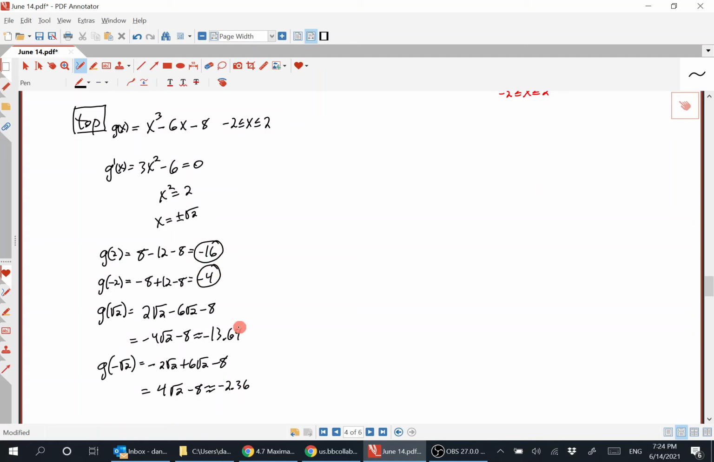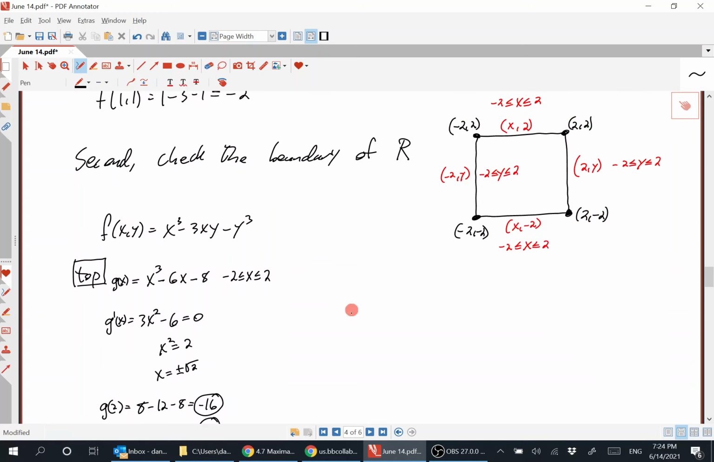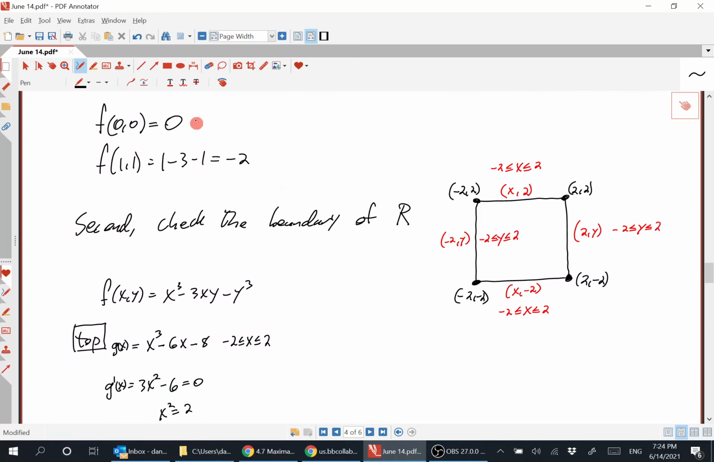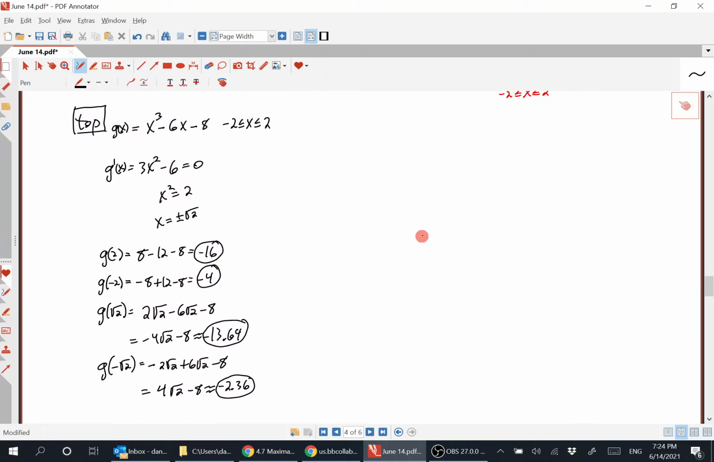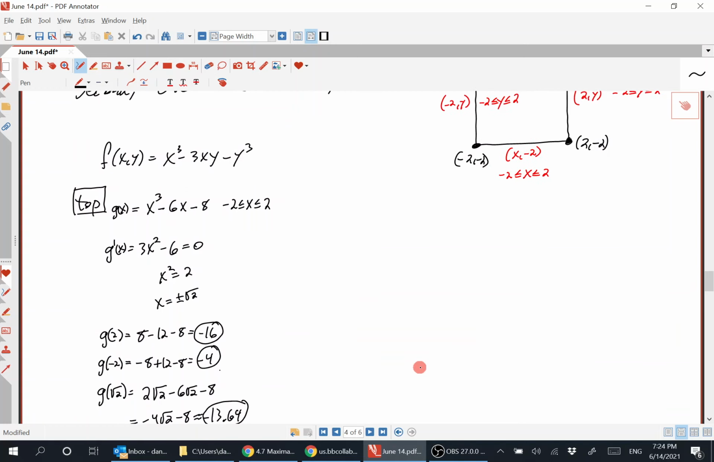All right, so we've got all these values here. You remember that's how we find the absolute maximum and minimum of a single variable function on a bounded interval, right? But we're not just comparing this function, we're comparing the function on all four sides with the value of the function in the interior. So far we've got 0 and negative 2 in the interior, and then minus 16 and all these various other numbers. So far the max is 0, the min is minus 16. So that's for the top. For the bottom,